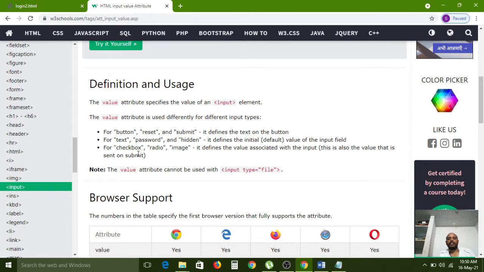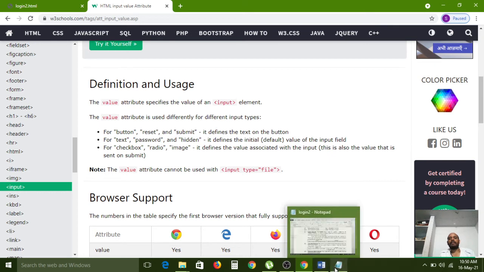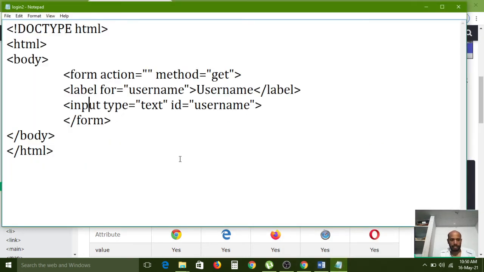Okay, and checkbox, radio, image, all those things are inputs. So the type attribute contains a number of values. Here the important examples are plain text and password, and input button; all those things we have to use.